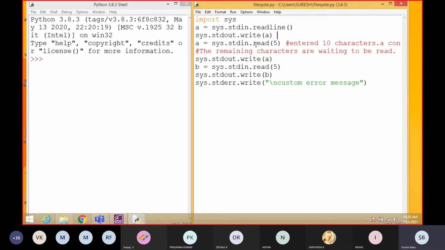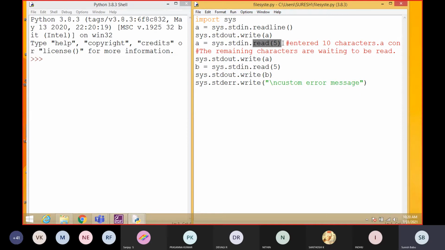And again they want to read the data. Here they are specifying how many characters we are going to read. Suppose they mention only 5. If you give more than 5 characters, it actually reads only 5, and the rest will be queued for the next read statement.